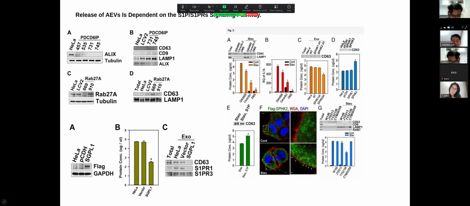Until 2018, only one ESCRT-independent pathway was known, published in the Science journal. Only one is the ceramide-dependent pathway. Ceramide. Until now,